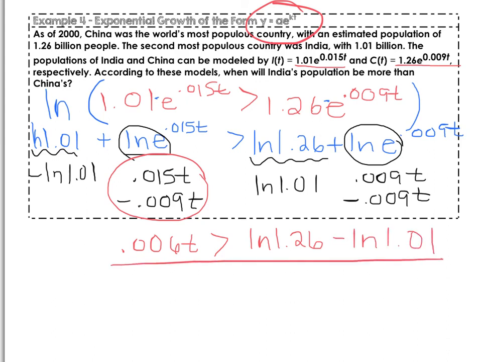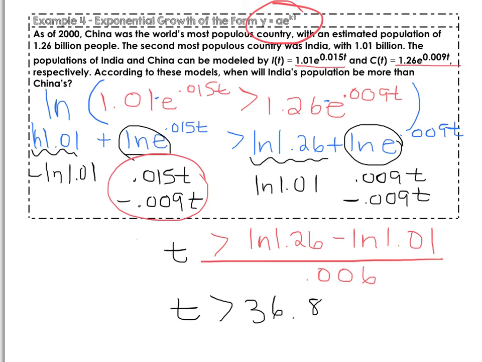Divide both sides by 0.006. Let me erase that. Type that into your calculator and you're going to find that t must be greater than 36.86 years. So about 37 years from now, 37 years from 2000, India will be the most populous country